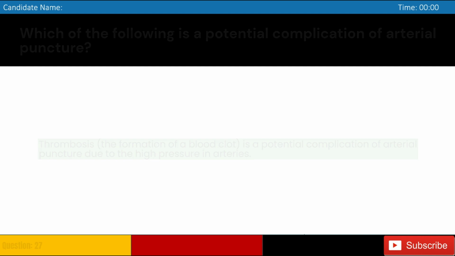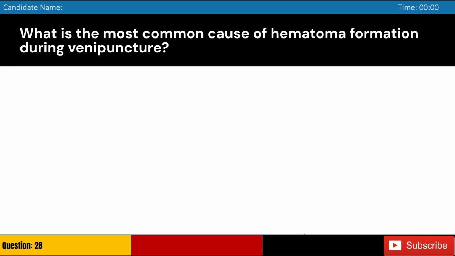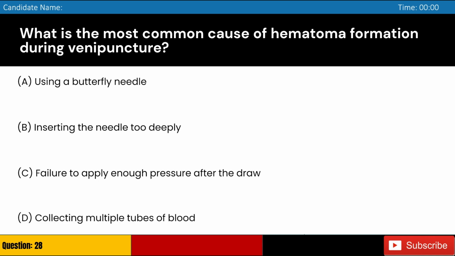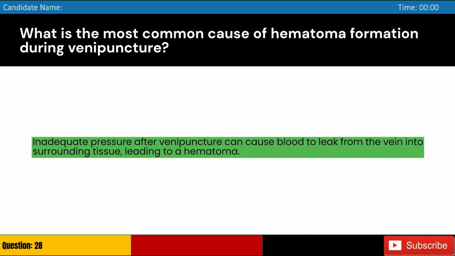arteries. What is the most common cause of hematoma formation during venipuncture? A. Using a butterfly needle. B. Inserting the needle too deeply. C. Failure to apply enough pressure after the draw. D. Collecting multiple tubes of blood. Answer C. Inadequate pressure after venipuncture can cause blood to leak from the vein into surrounding tissue, leading to a